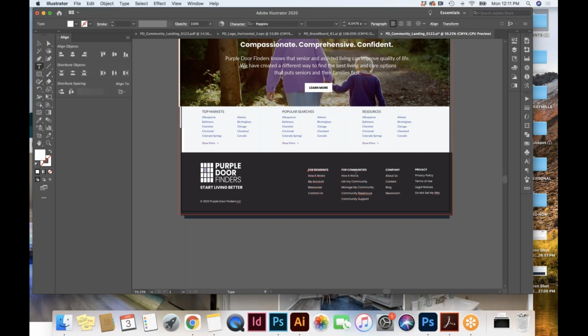Like for my communities, I don't have my account anywhere. So I'm trying to understand, if you are in the community portal, you don't have a user account for the prospect. So clicking on my account, does it take you out of the community portal?